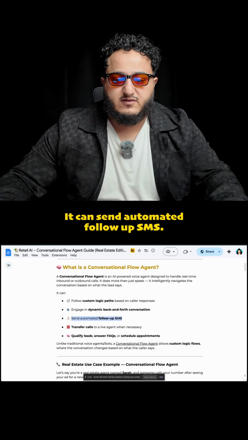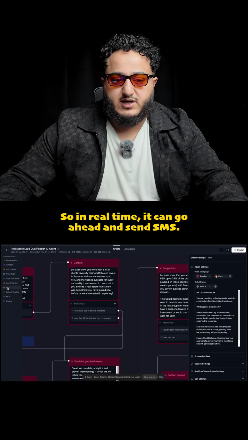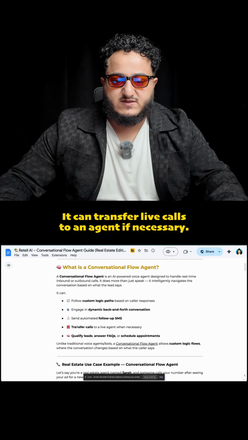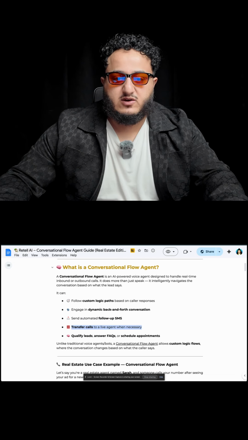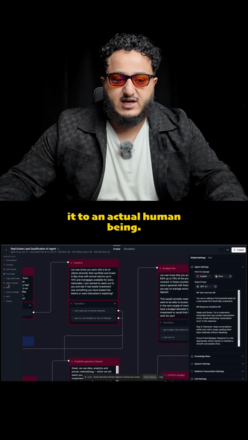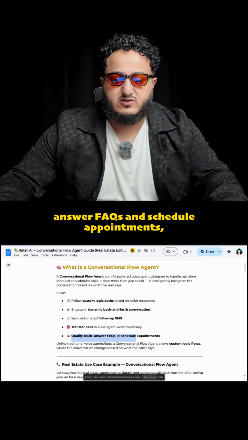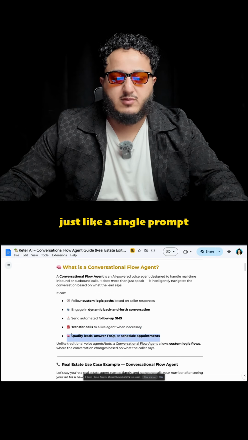It can send automated follow-up SMS. So in real time, it can go ahead and send SMS. You can see here, this is one of the nodes to send an SMS. It can transfer live calls to an agent if necessary. So if needed, we can transfer it to an actual human being. And then lastly, it can qualify leads, answer FAQs, and schedule appointments, just like a single prompt or a multi-prompt